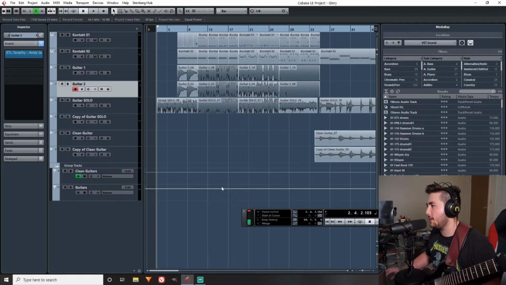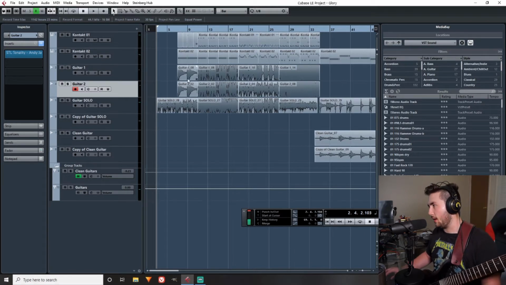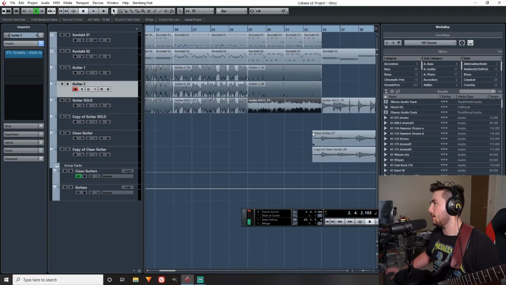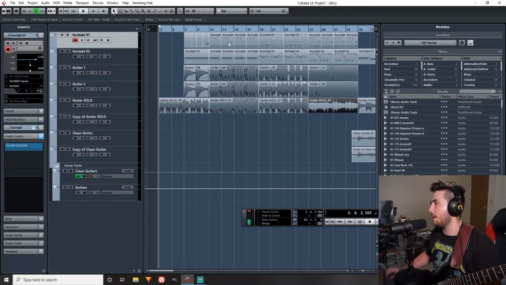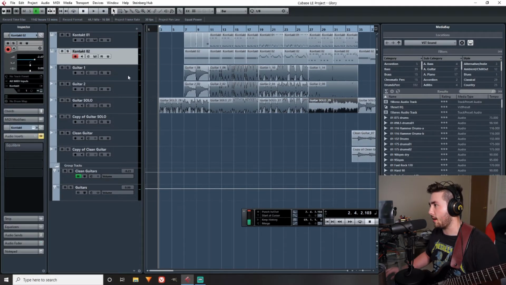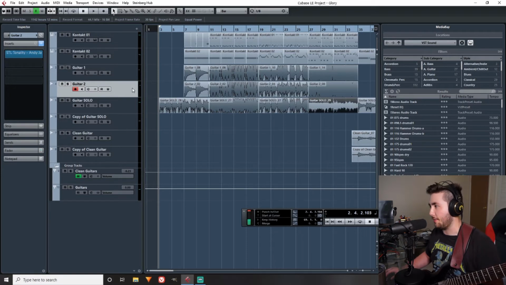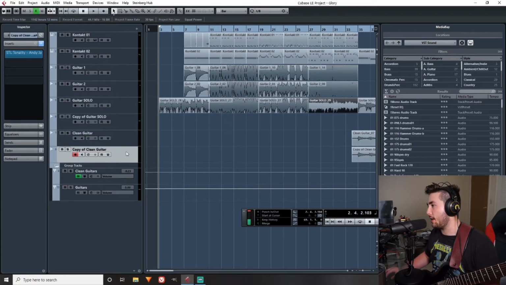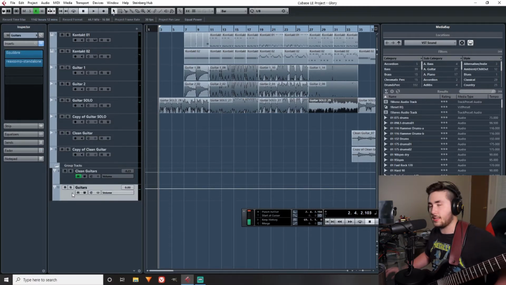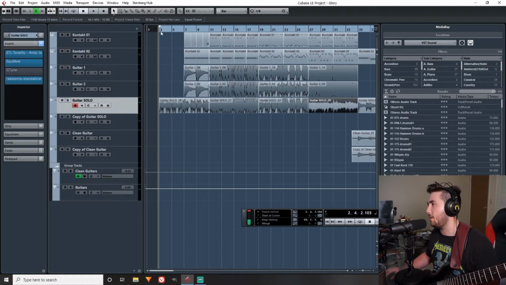Alright, everybody, so this is the Cubase session that I have for the song called Glory that I wrote using the Andy James Tonality plugin. And, well, let's just kind of go through it a little bit. I've got my drum track, my bass track, one guitar, two guitar, which is left and right, hard pan left and right, guitar solo, a guitar solo harmony, two clean guitars left and right, and then some group tracks, and that's it. And so for this beginning piece that you heard,